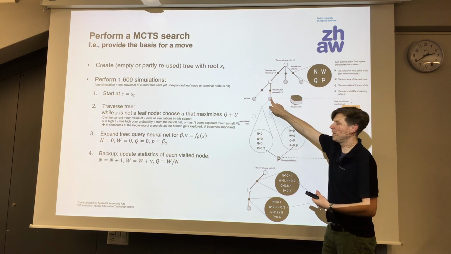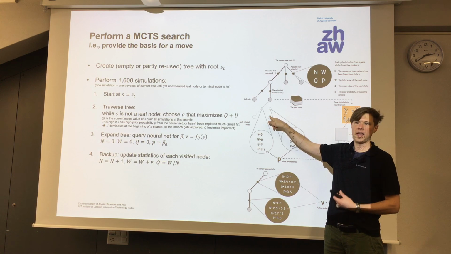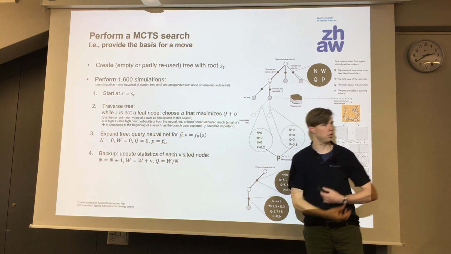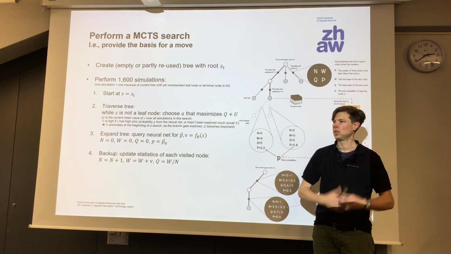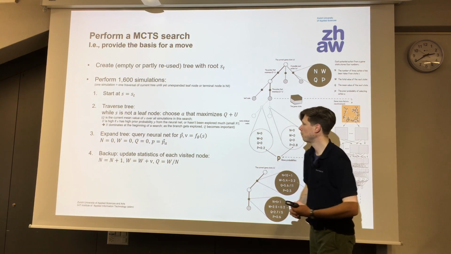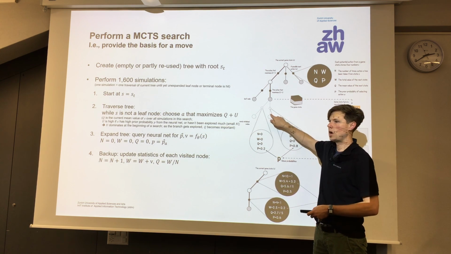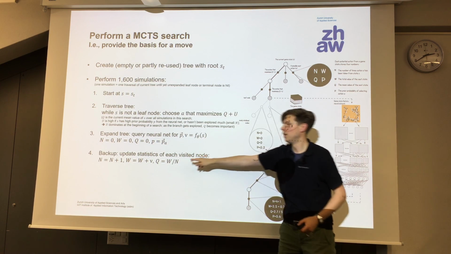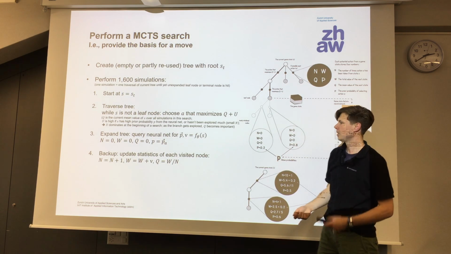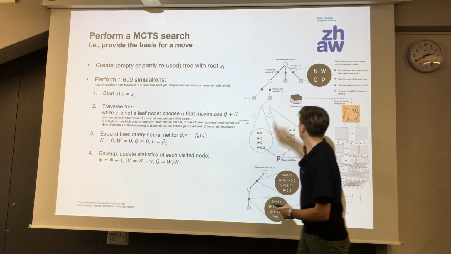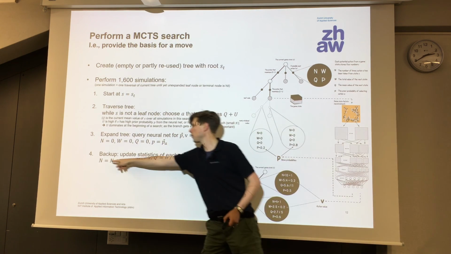So when we come up to the end of the tree, we invoke the neural network, we create a new branch, and initialize it with the numbers we get from the neural network. We initialize it with the gut feeling that the neural network provides, given that this is trained somehow. And then the next step is important. As soon as we created that node, we back up the statistics of all the nodes and edges in our path. We increase for every edge in our path from the root to where we currently are in our simulation, the number of times we visited that node.